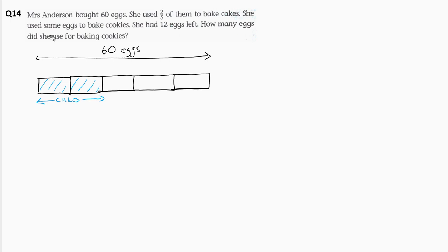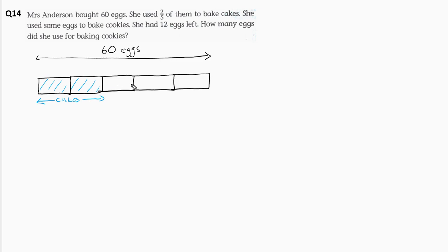She used some eggs. Oh, we don't know how many. Some eggs to bake cookies, and she had 12 eggs left. So how many eggs did she use for baking cookies? Okay, right. So at first you might think, oh gosh, what can I figure out? I don't know. It says she used some eggs to bake cookies and then 12 left. What am I supposed to do? Well,